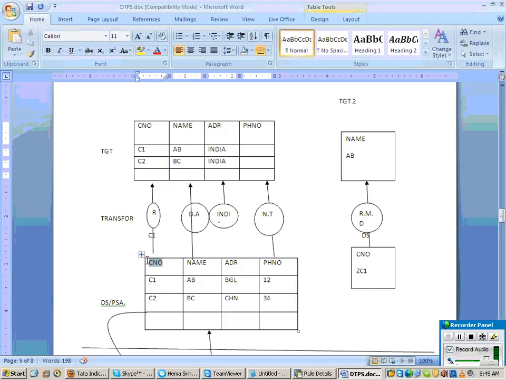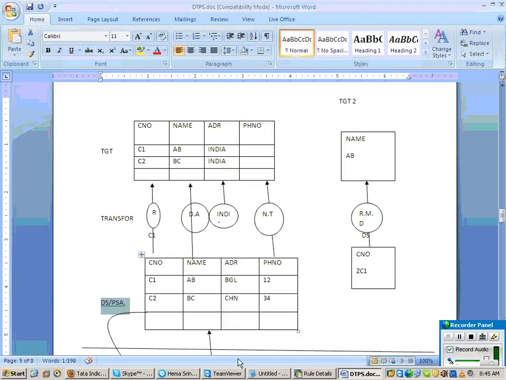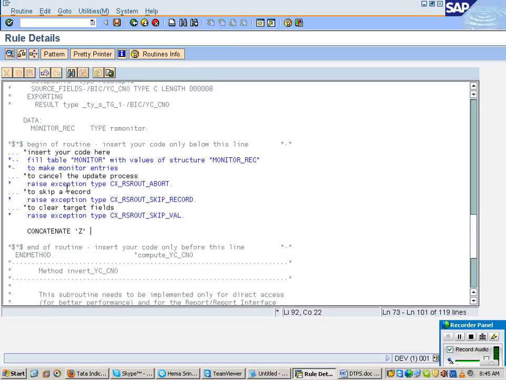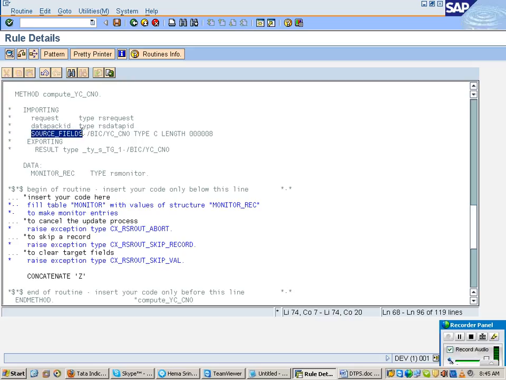With customer number. Customer number from where? From my data source. So how is your data source represented here? You have seen. Combine Z with source underscore fields. Copy it.